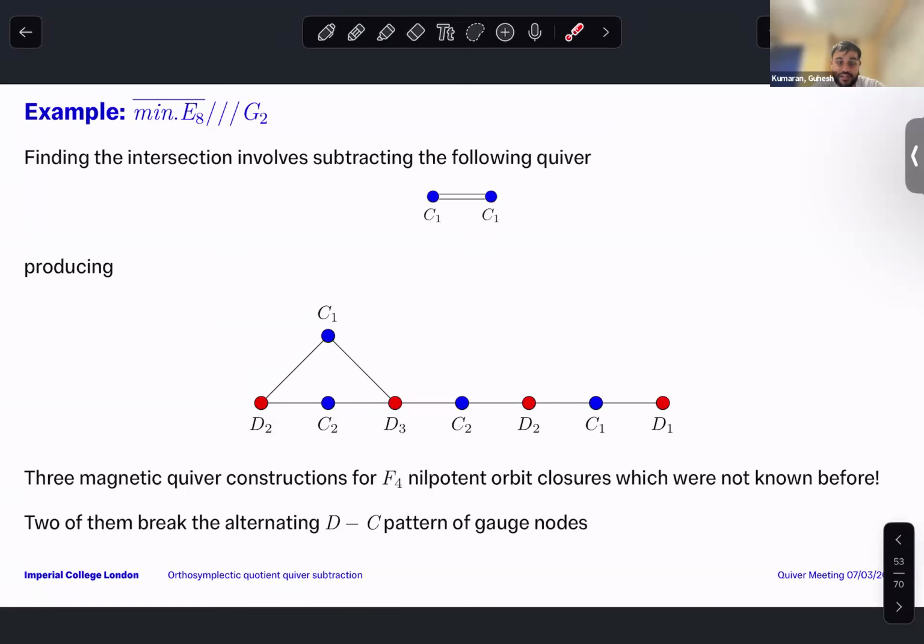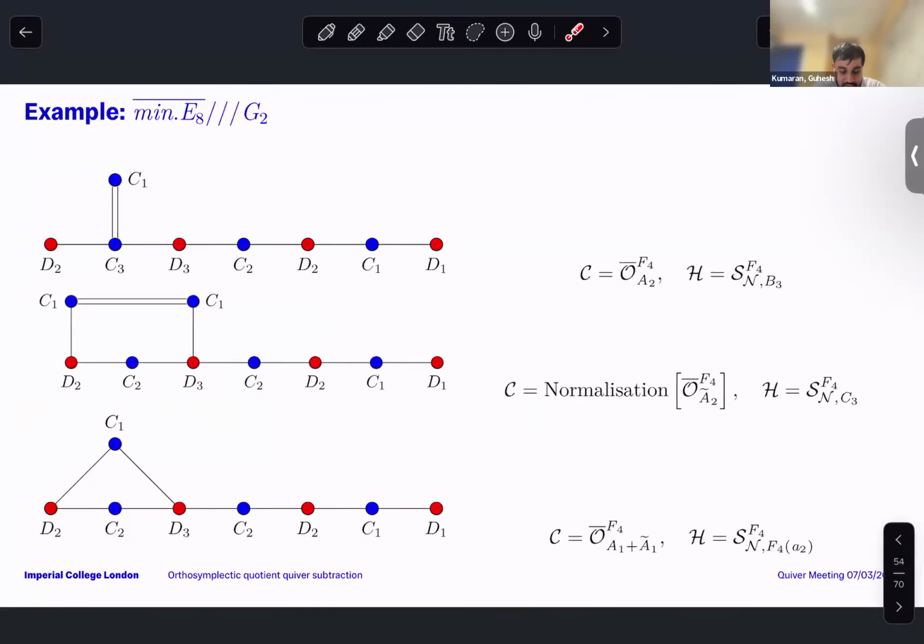And 2 of them break the alternating D and C pattern of gauge nodes. So I'll summarize the results here. So we took the liberty of computing the Higgs branch, and it's precisely the dual nilpotent orbit. So it's a slice from the nil cone to B3, which is a 21-dimensional orbit. And here, the Coulomb branch is the normalization of this orbit, but the Higgs branch is precisely the